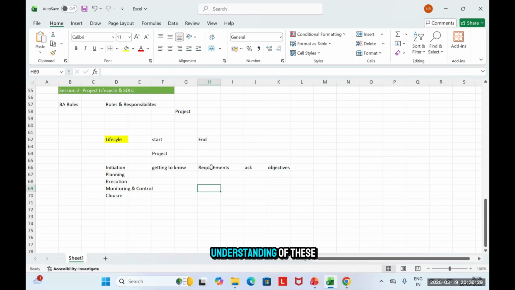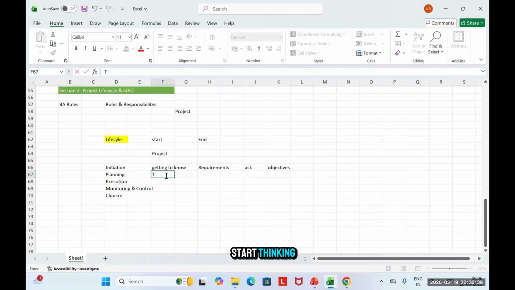Once you have an understanding of these basic questions, you will go to the point known as planning. Here you will start thinking about what exactly you want to do. You will create a plan, you will have a design in mind, that this is our strategy. Here my strategy will be formed.